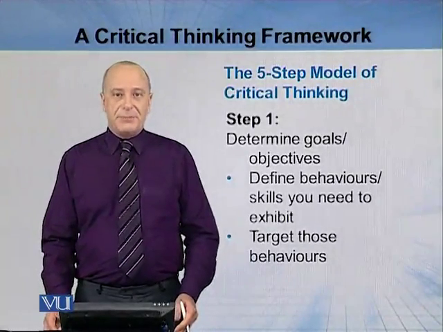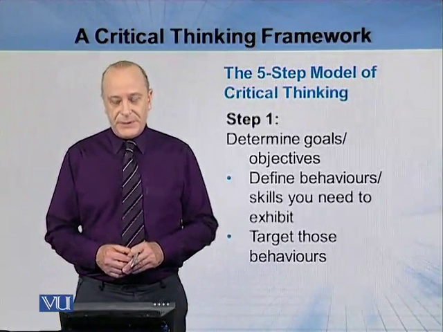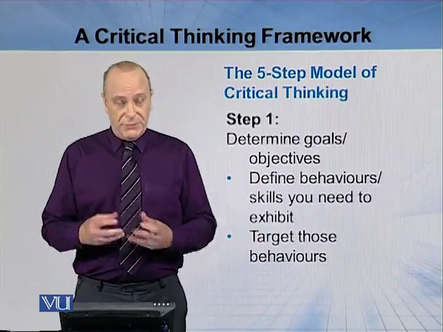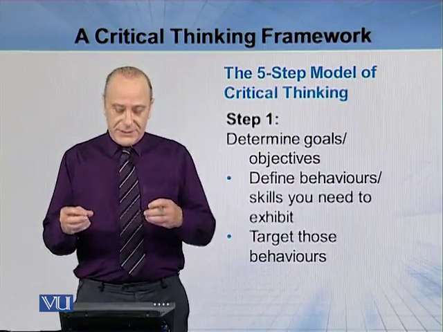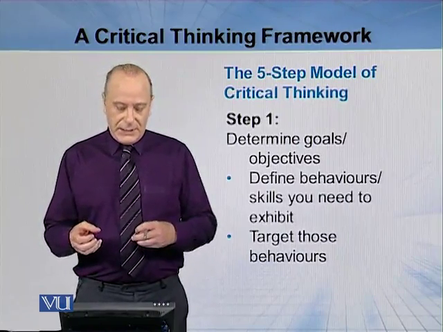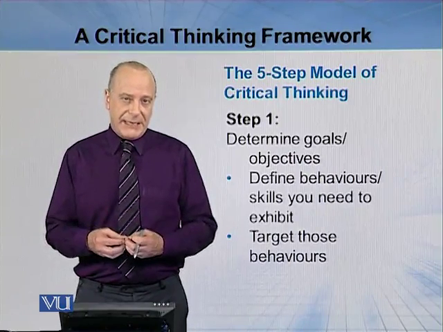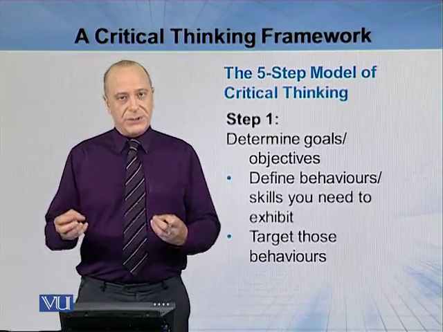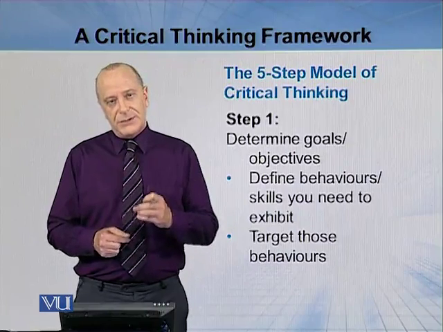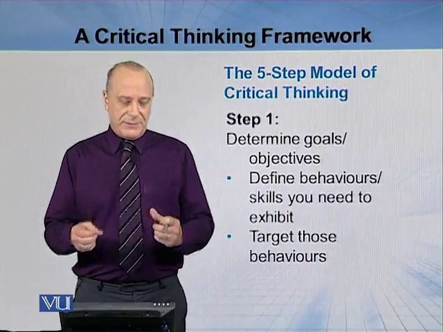The five-step model of critical thinking. Let's look at each of these steps in turn. The first step for the critical thinker, the reflective practitioner, is to think about the goals and objectives of critical thinking, and trying to also consider the particular behaviours and the skills which are being used in a particular incident,